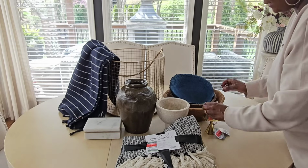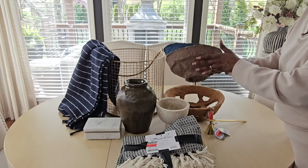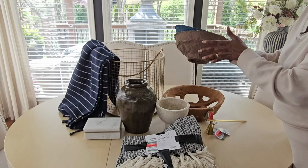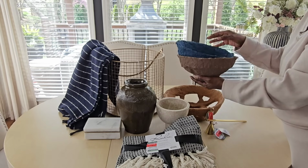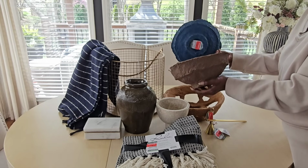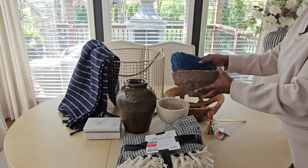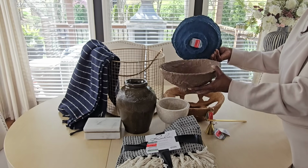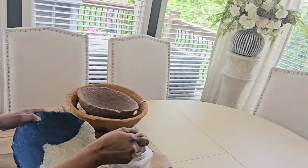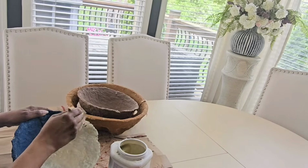And then I ran across these paper mache bowls. Now I have two, and they're both bigger than these, but I thought together they might make a nice statement. I like the imperfection on them because I like a more rustic style, and so I thought these were great. Now these are a couple of the pieces that will get a makeover. Of course, I'm not decorating with blue, but this one was $8.97. Well, they both were